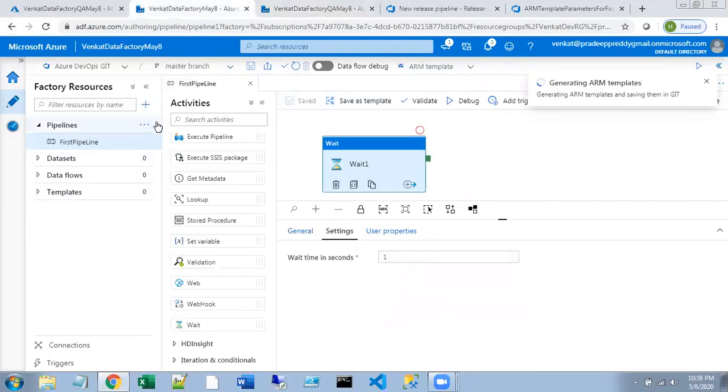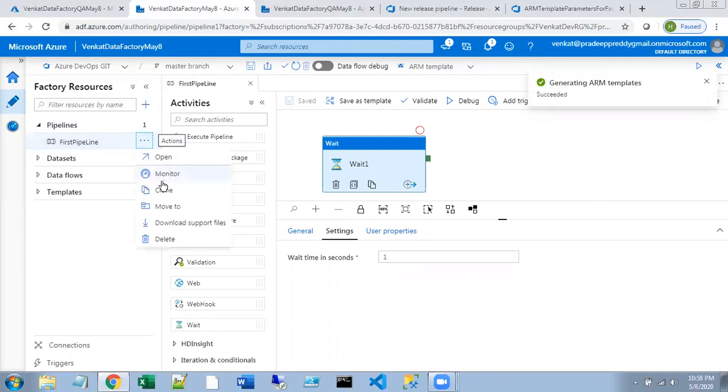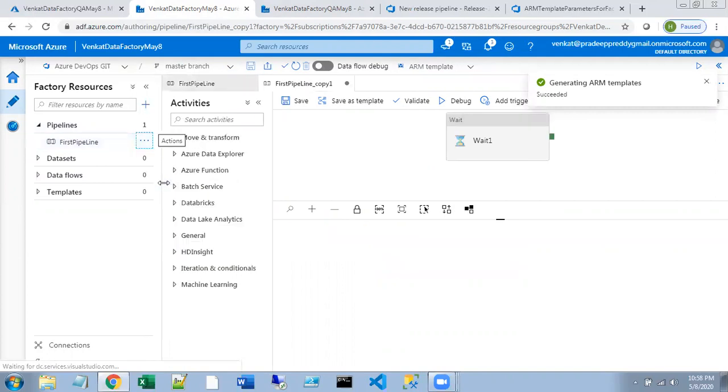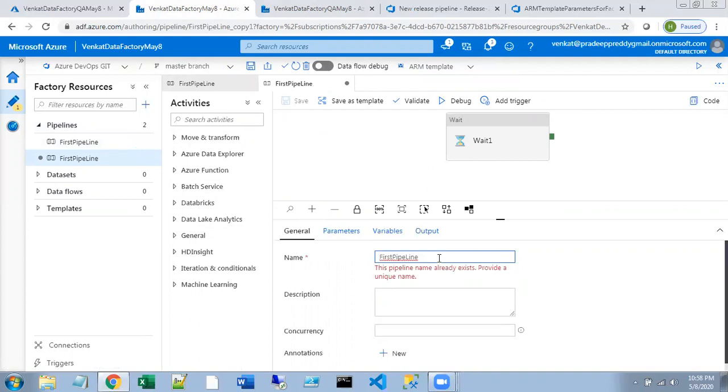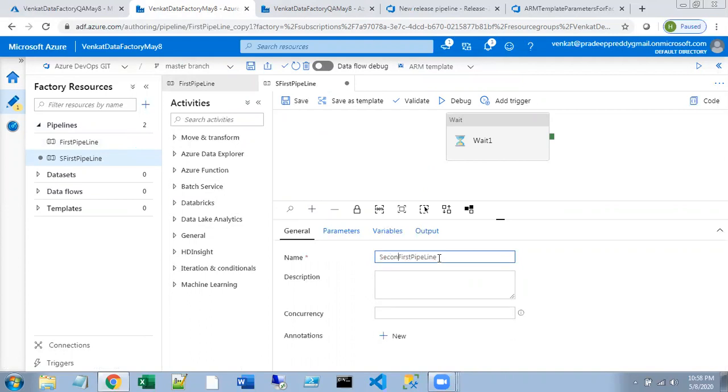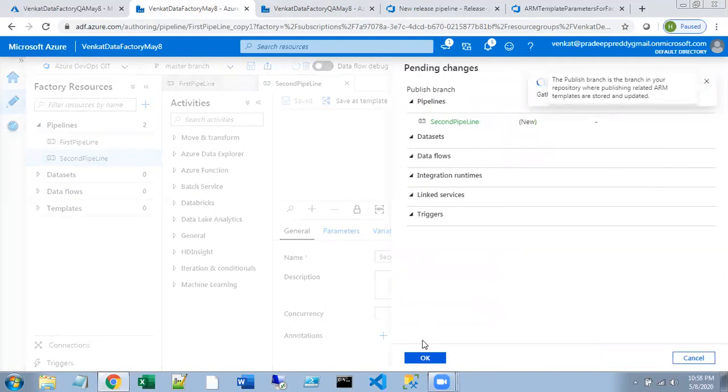Now in here, I'm doing the same thing again. I'm creating a new pipeline by cloning this pipeline. This time I'm going to call it the second pipeline. Now again, go for save, go for publish, say okay.